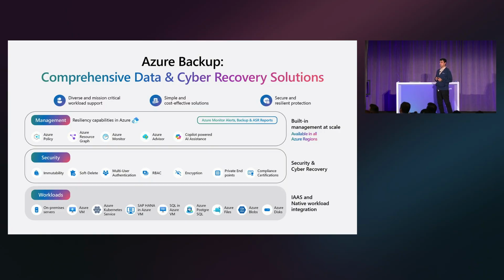Right at the bottom are the different types of workloads that we support. You did see a few of them in the demos for VMs, for Azure Kubernetes Service, for PG-SQL. But outside of that, the databases as well, Azure Files, Azure Blobs, Azure Disks, on-premises services as well. That's what we have in terms of coverage today, and we continue to expand this coverage. Anything that you are using which needs native protection, we are either there or we are building that.